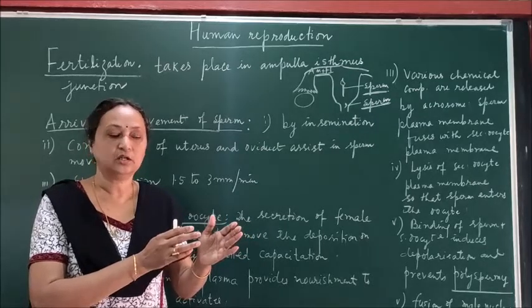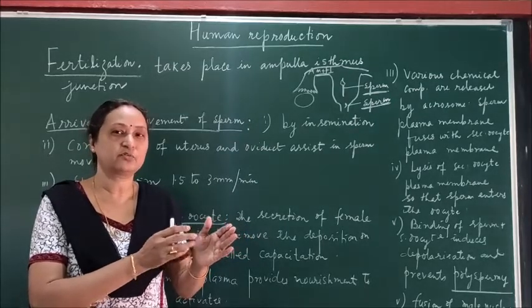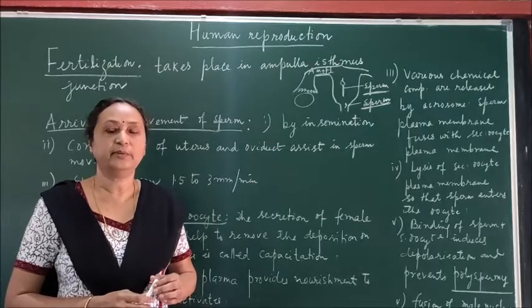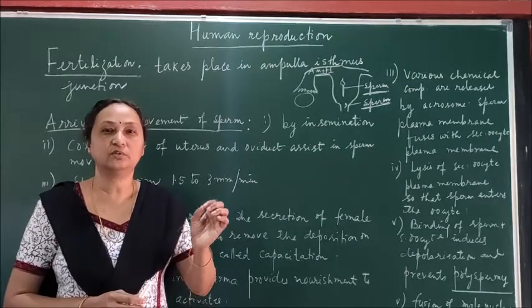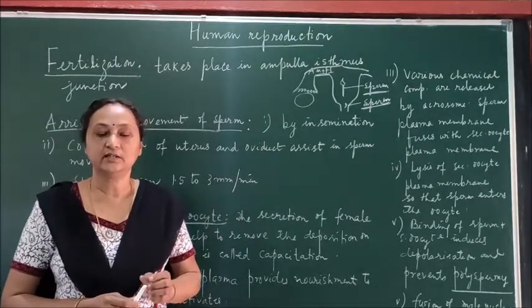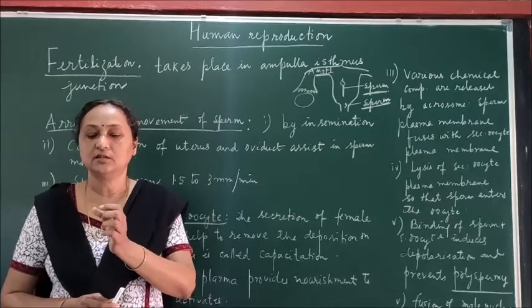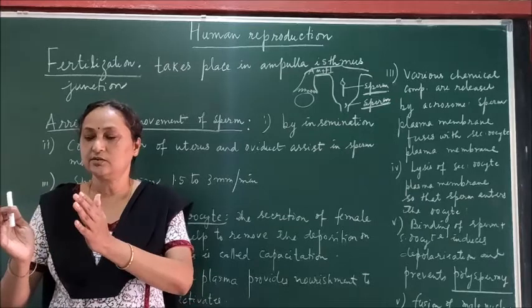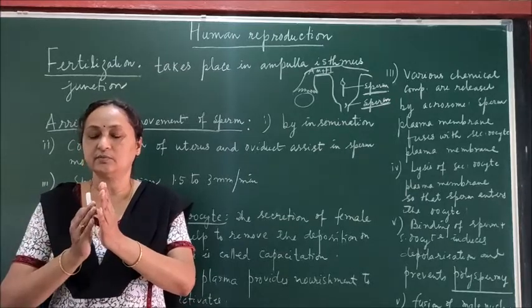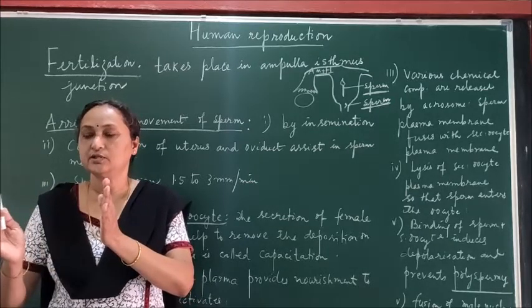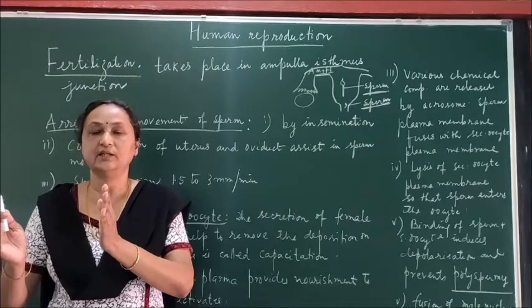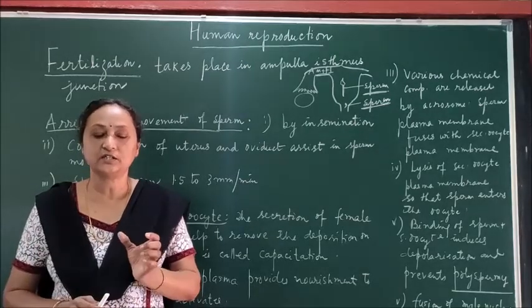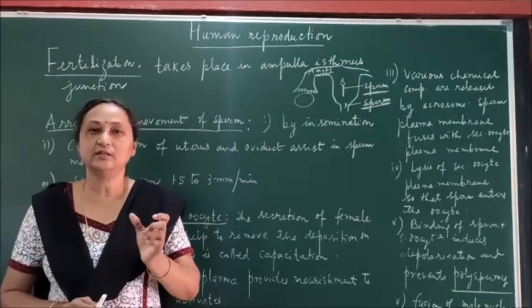What is haploid? Haploid is half the chromosome number. For example, in the male and the female gamete, 23 chromosomes are there, whereas in the diploid cell of human beings, there are 46 chromosomes. So in the zygote, the 23 chromosomes of the male gamete fuse with the 23 chromosomes of the female gamete. Then in the zygote, 46 chromosomes are there, and it is a diploid cell.